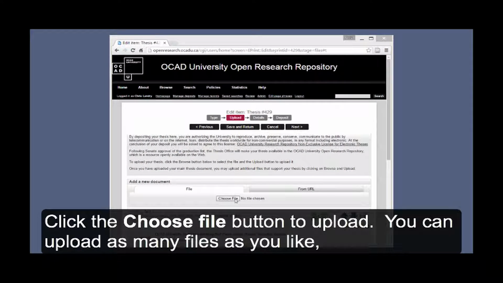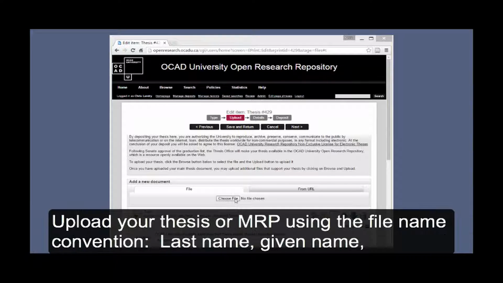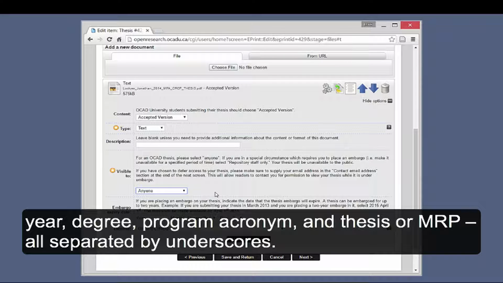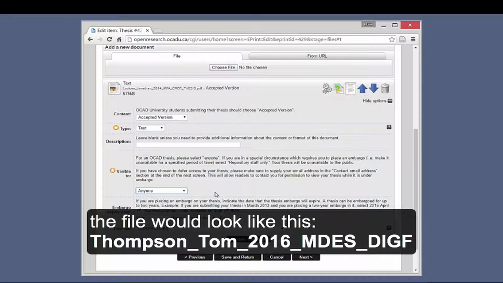You may upload as many files as you like, but files such as datasets cannot be archived in the Library and Archives Canada Theses Canada portal. Upload your thesis or MRP using the file name convention last name, given name, year, degree, program acronym, and thesis or MRP, all separated by underscores. For example, if Tom Thompson defended a Master of Design thesis in 2016 in the Digital Futures program, the file name would look like this: